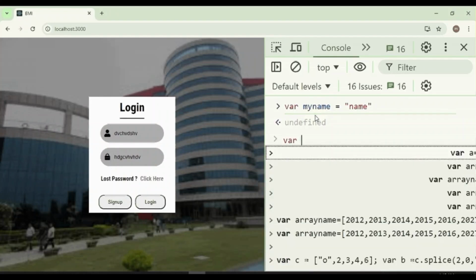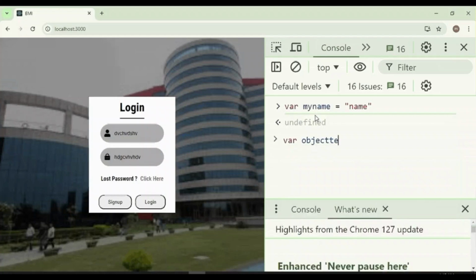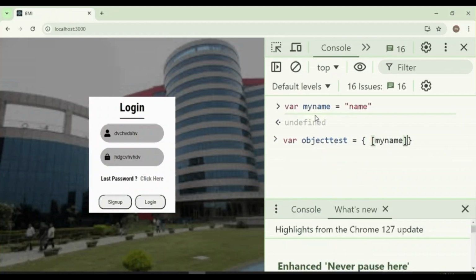Let me call this object object test or whatever. Rather than giving it a static property, I want to assign any value given to this variable called my name to be the property, and I'll call it